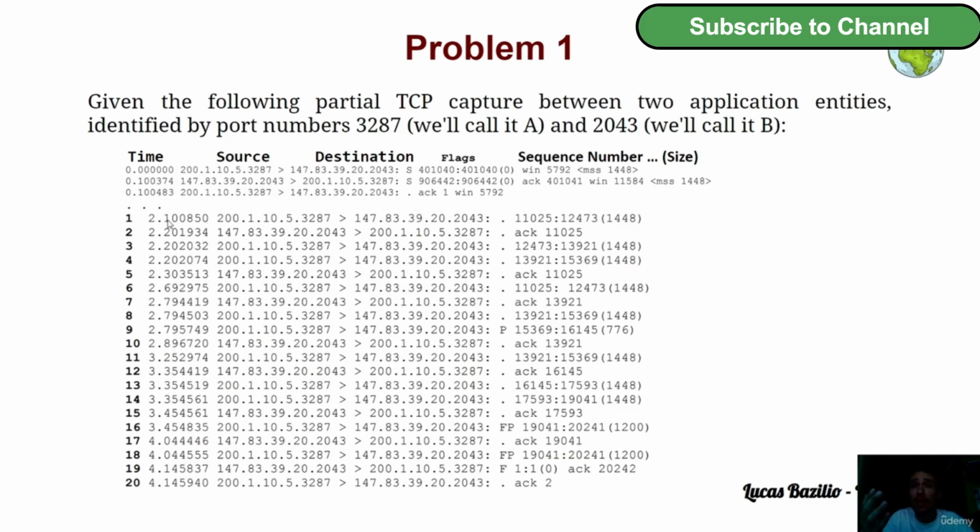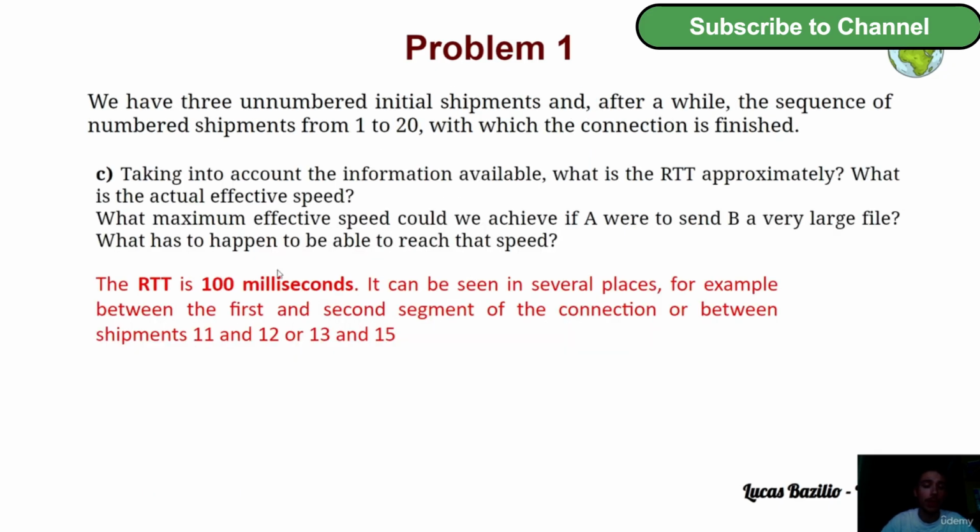Now, if the capture was being made in the application B, in the server, then the big time difference would be between the second segment and the third segment. Between the first one and the second, we would have a very little difference. But this is not the case. We are making the capture in the application A, in the client. That's why the big difference is between the first segment and the second, and hence the round trip time is this difference. So here, as we already said, the round trip time is about 100